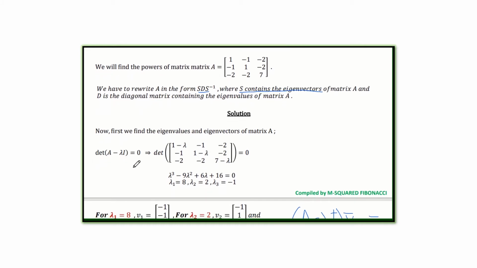As you all know, to get the eigenvalues, we find the determinant of A minus lambda I, which is our identity matrix, and you follow that entire process, and you're going to find that lambda 1 is 8, lambda 2 is 2, lambda 3 is minus 1. I'm sure that most of you are comfortable with finding the determinant of this. So with that said, the next process is to find the eigenvectors,